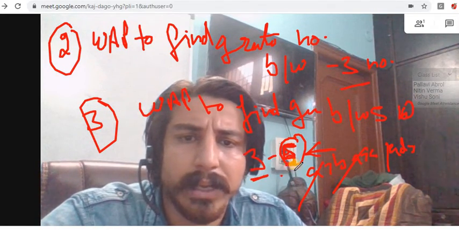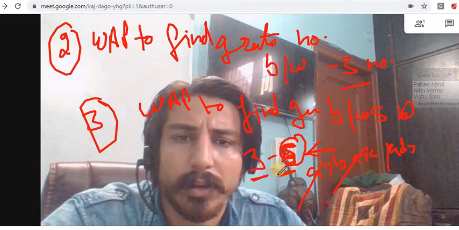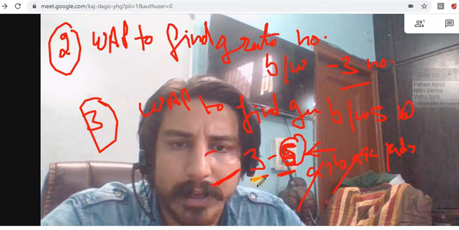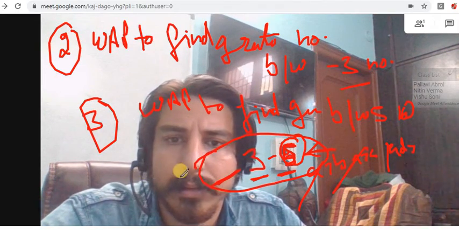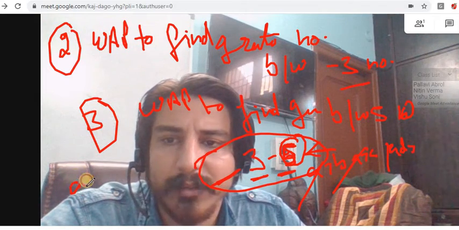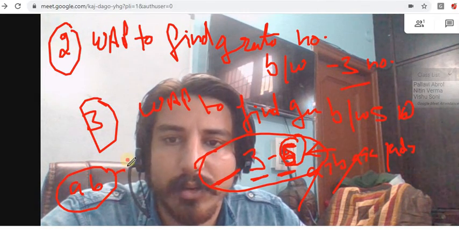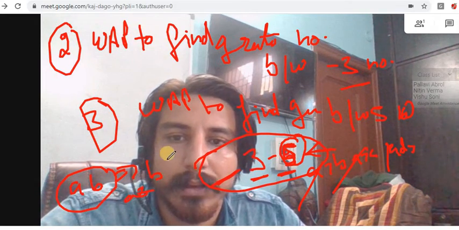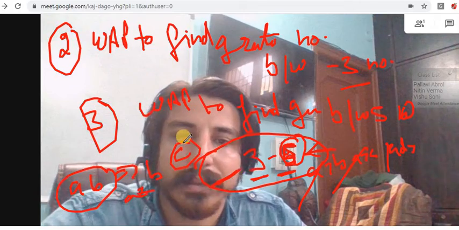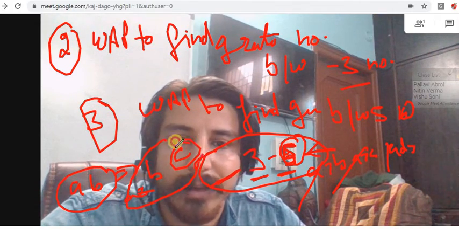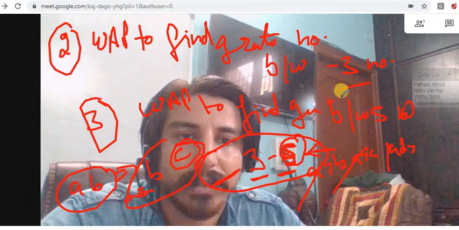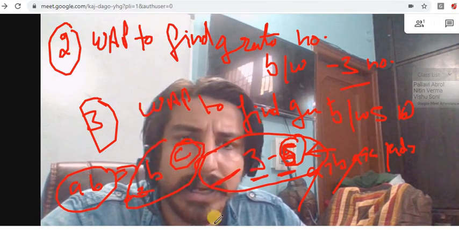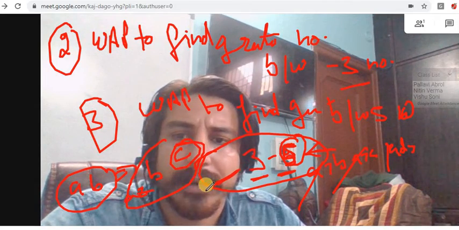For the greater number between 3 numbers and 5 numbers, you have to write 2 separate programs. If you're comfortable writing these 2 problems, then try to handle, let's suppose, the case where both values are the same, A and B are the same, then the user will get the message that A and B are the same, and let's suppose C is greater, something like this. You can handle this situation as well while attempting this question, and it will make more sense. Try the basic part first, then move to this part. If you finish the basic part easily, then move on to complete this part.